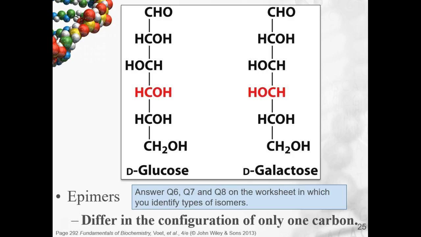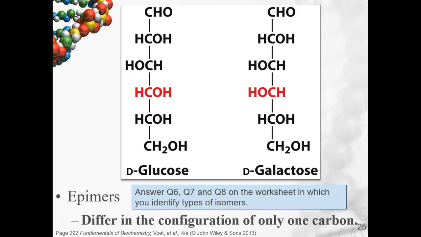So the next type of isomers, epimers, differ in the configuration of only one carbon. Here are the structures of D-glucose and D-galactose, and if you look at carbon number 4, you can see that these sugars are identical with the exception of the configuration around carbon number 4. For glucose, the OH points to the right, and for galactose, the OH points to the left, but otherwise they are the same. So now you should pause the presentation and answer questions 6, 7, and 8,